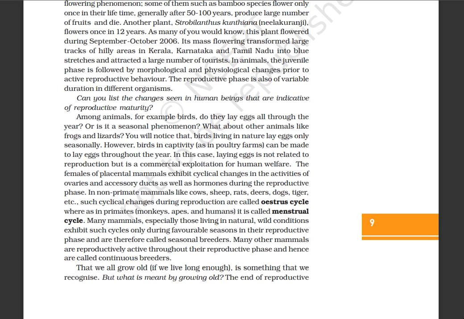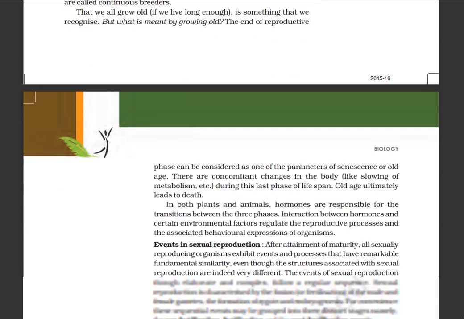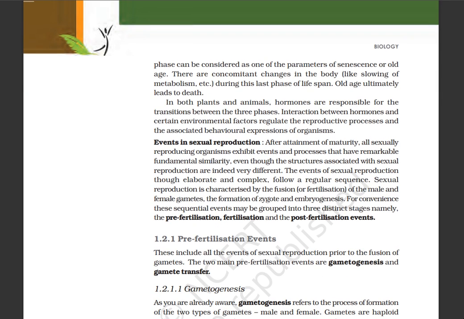That we all grow old, if we live long enough, is something that we recognize. But what is meant by growing old? The end of the reproductive phase can be considered as one of the parameters of senescence or old age. There are concomitant changes in the body, like slowing of metabolism, etc., during this last phase of lifespan. Old age